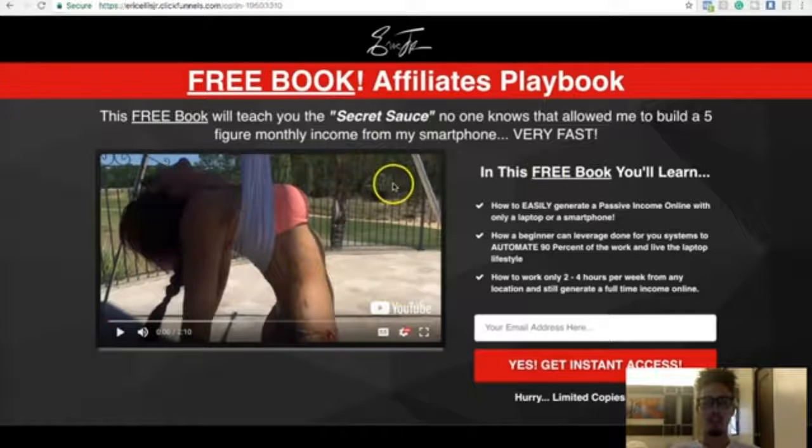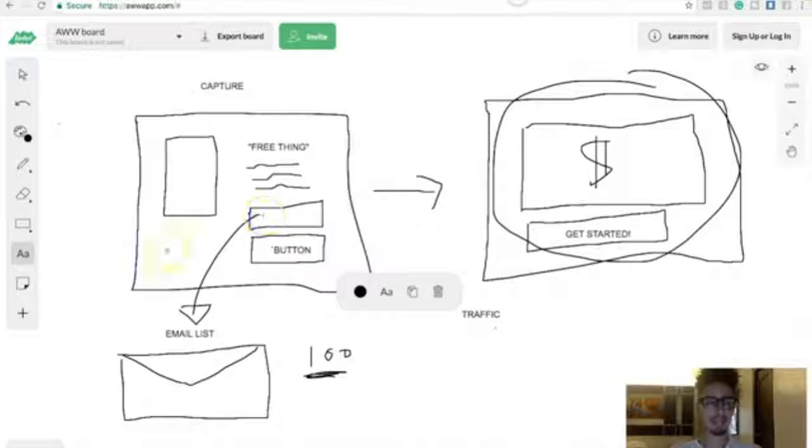So this page right now for the specific paid traffic method that I'm using right now is literally converting at 60+%. However, for this example, what I'm going to state is that right now this is at 50%. I know it's at 60%, but I'm going to say it's at 50%.